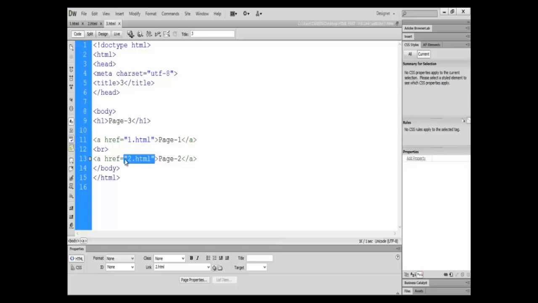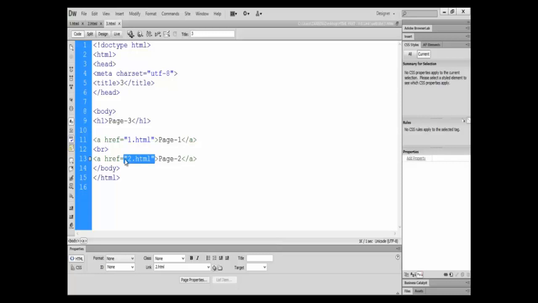But in our case, we are just mentioning the file name and that's it. You might argue that this is because both these files are located on the same computer. But I'd say that although both the files are on the same computer, that's right, still the browser cannot magically locate the file in the computer and open it up for us. It still needs the exact path of that file. So the question is still there. How did the browser lead us to page 2 while its href attribute is just the name of the file,